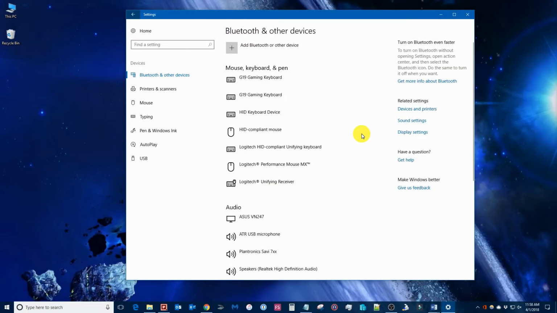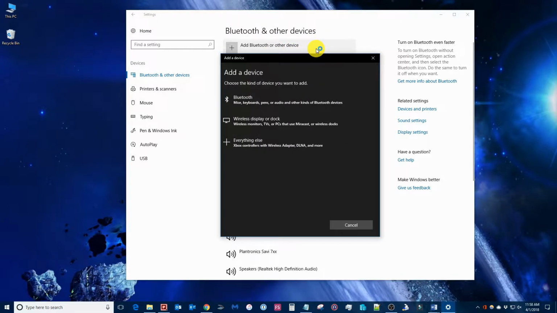In these next set of videos, we are going to start looking at the device settings here in Windows. So we are going to start out by looking at the Bluetooth and other device settings. So first thing you'll notice that you'll be able to do here is add a Bluetooth or other device. So you can click the button there to add, and you'll get this window to choose your